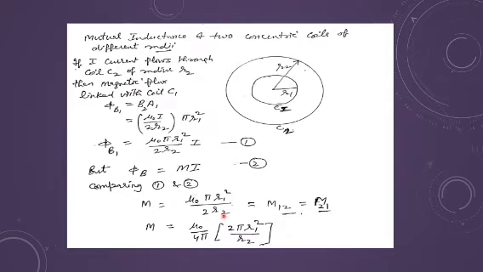Now if you do it the reverse way, you allow the current to pass through the first coil, then you find the mutual inductance in the second coil M21, that also will come equal to M12. So in general we have written it as capital M. You can leave it here, M equals mu naught pi R1 square upon 2 R2, but in calculations when you put the value mu naught upon 4 pi equals 10 to the minus 7, in that way if you wish to write, you can write it as mu naught upon 4 pi into 2 pi R1 square divided by R2.